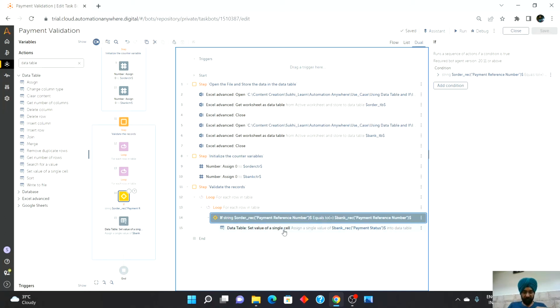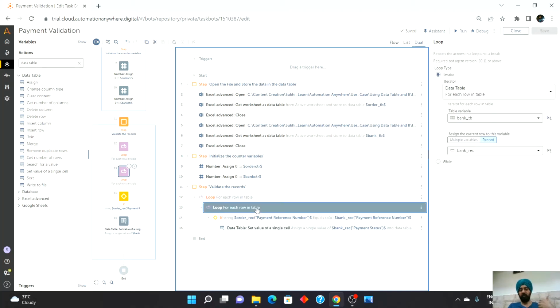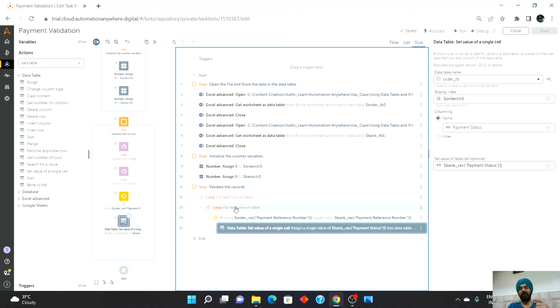Now, after I find the payment, I need to stop looking into this particular table. So remember, the first table is the orders table, and the second table in which we are looking for data is the bank table. So once I find the record related to the payment reference number in the bank table, I need to come out of this loop and then move on to the next record in the orders table and then find it again in the bank table. Okay, so it goes loop into loop. So after this, I will simply break,